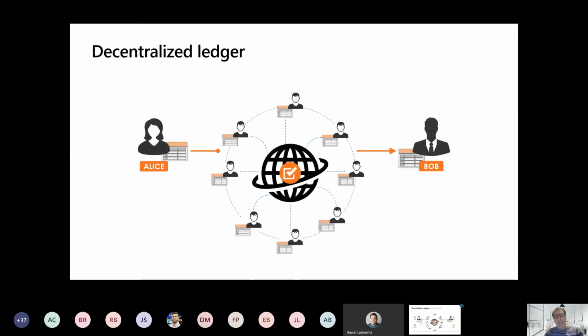What happens in a traditional transaction is what we have seen before. Alice wants to transfer some money to Bob. The authority in the middle, which is the central authority, authorizes the transaction or not. How can we authorize a transaction in a decentralized world where everybody has a copy of it? Well, we need to sign these transactions, put a timestamp on it, and put a signature, which in technical terms